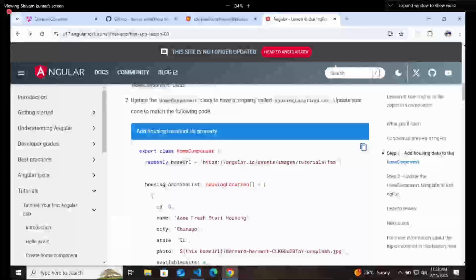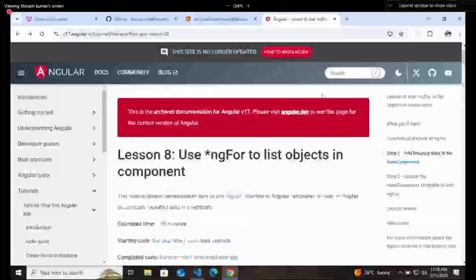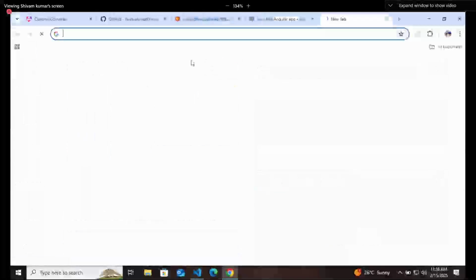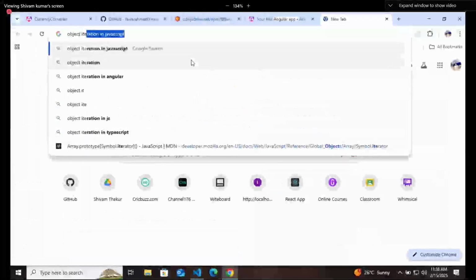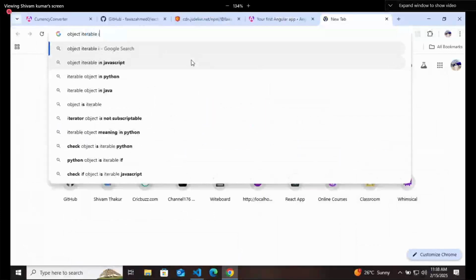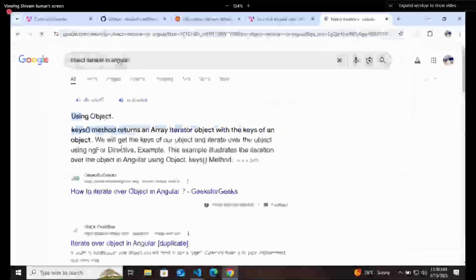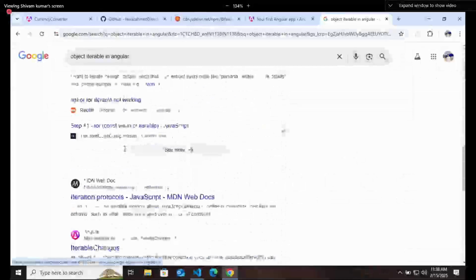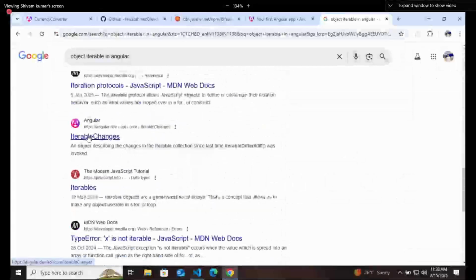Go to official documentation, and there you can search for something like object iterable in Angular, and go here.